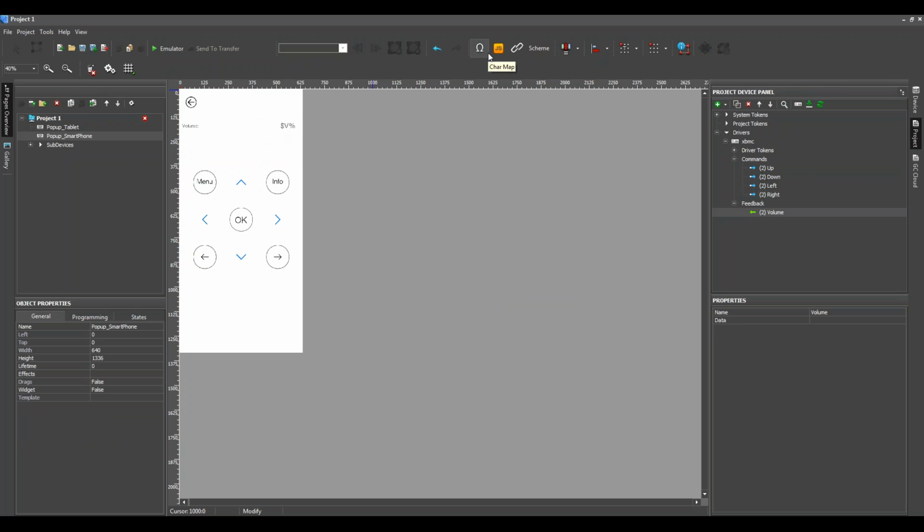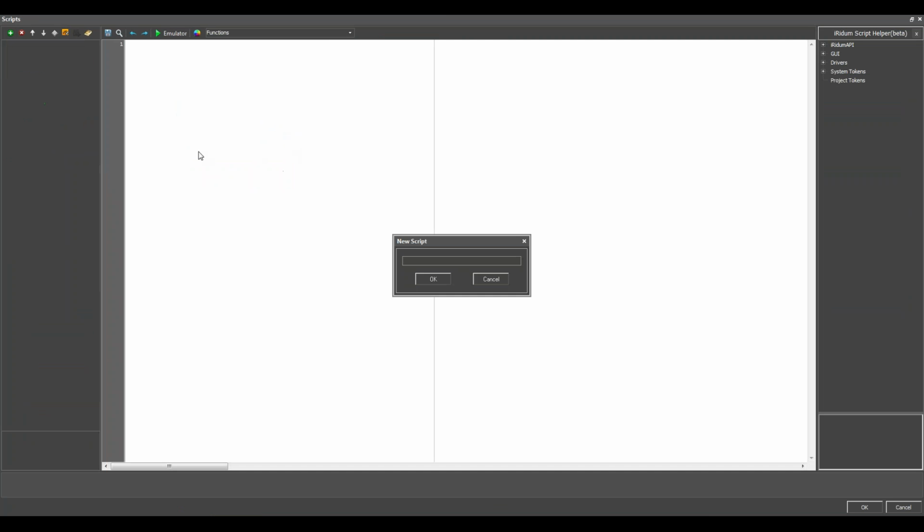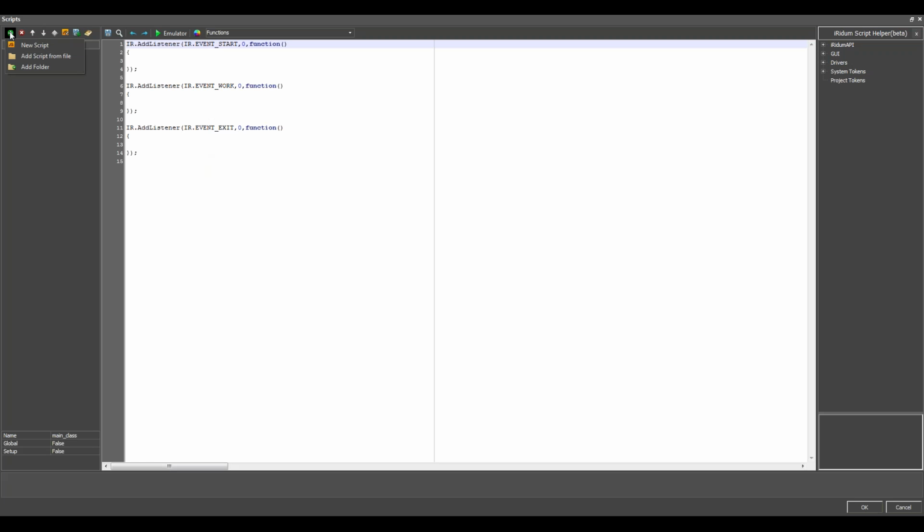So now, creating an interface, I created the driver. So now I should create the script. Let's create two script files. It should be, for example, main class and the init file.